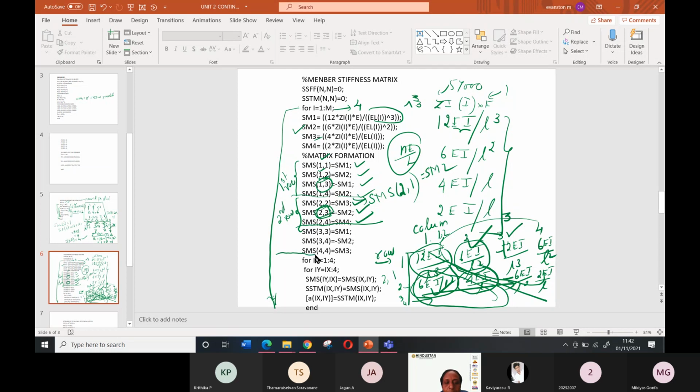Can I just copy down up to this one? I didn't touch upon this one, so try to copy down up to this one. If you want, side by side, you write the stiffness matrix also, so that it will be easy for you to write.